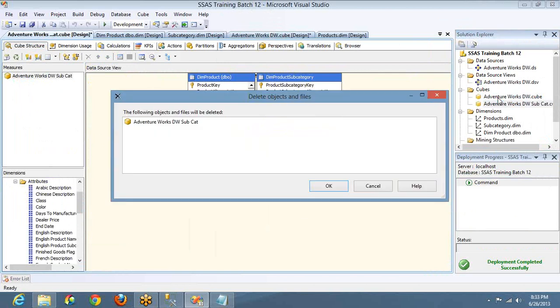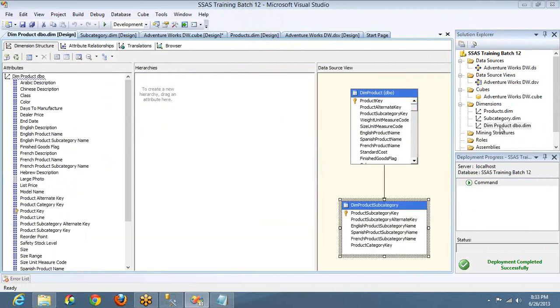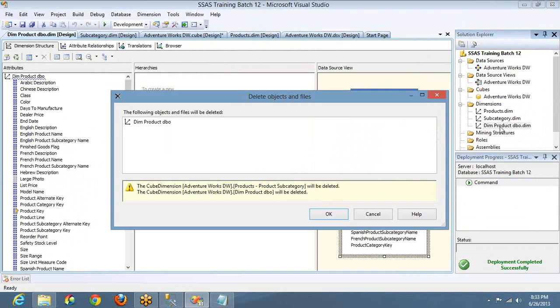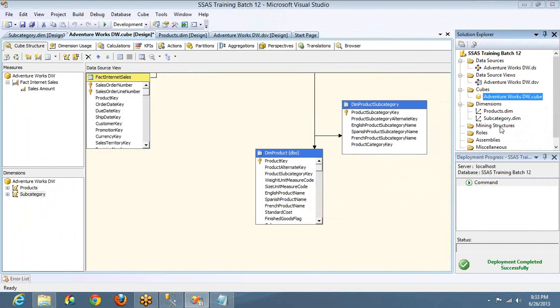So better I'll do one thing. I'll delete this one and this one, so that I'll explain the same stuff once you become familiar with dimension creation and measure group creation. Okay. Now let's go back to the definition of the cube. The shortest technical definition is, a cube is nothing but dimensions and measure groups and the relationship between these two. If you don't relate these two, then it is junk. It is of no use. It is not going to help you. I'll explain in SQL terms and then I'll come back to this definition.